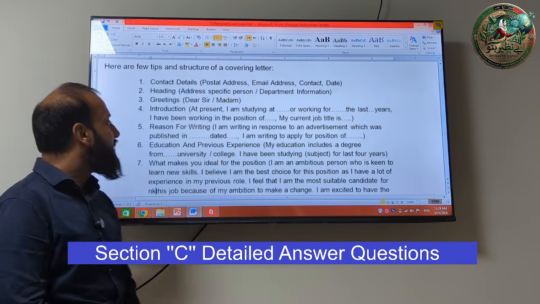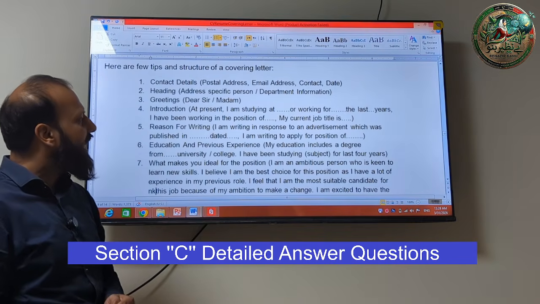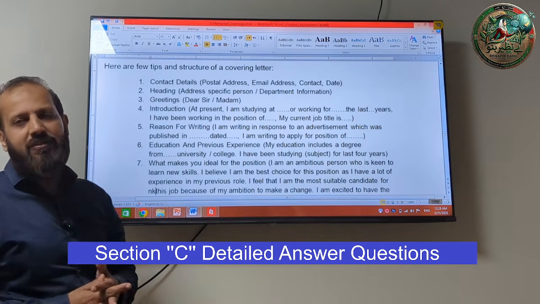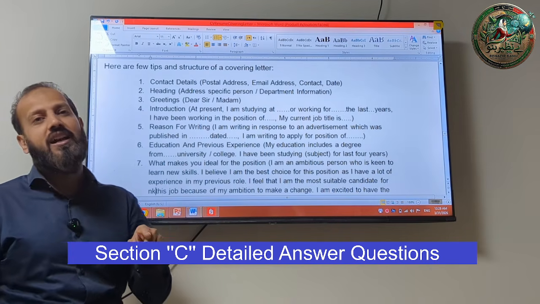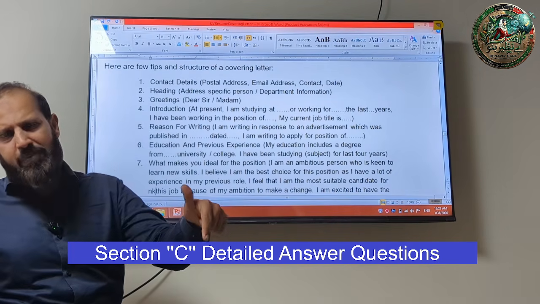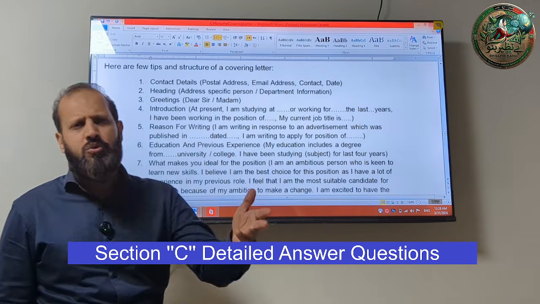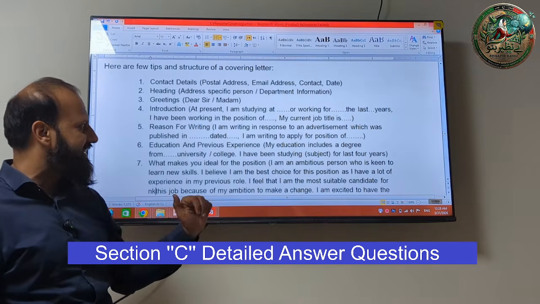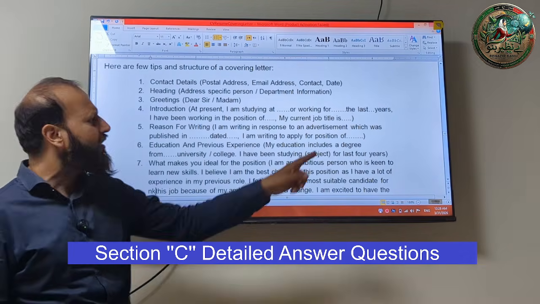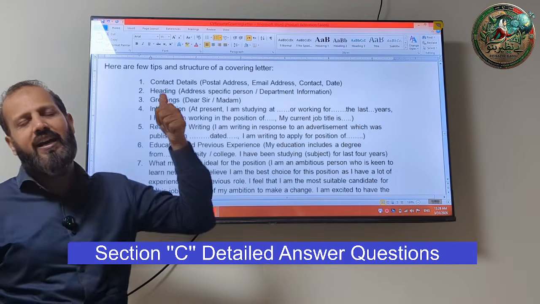ओके, तो ये है द पर्पज, रीजन फॉर राइटिंग, समझ आ गया कि मैंने आपकी एडवर्टीजमेंट पढ़ी है जिसमें आपकी जॉब आई थी इस डेट को। अच्छा, उनको ये भी मेंशन करना है कि पब्लिश्ड इन दैट न्यूज़पेपर, फर्जी लिख देना कोई भी, द न्यूज, डॉन न्यूज, एनी ऑफ द न्यूज़पेपर एंड डेटेड, इस तारीख का वो भी फर्जी लिख देना। और किस पोजीशन के लिए अप्लाई कर रहे हो, जो आपको उन्होंने कहा है ऊपर के